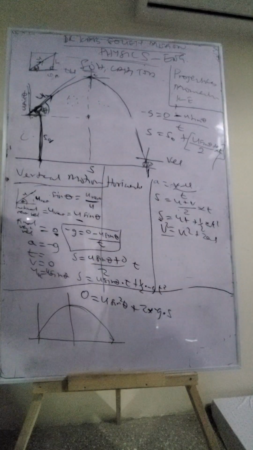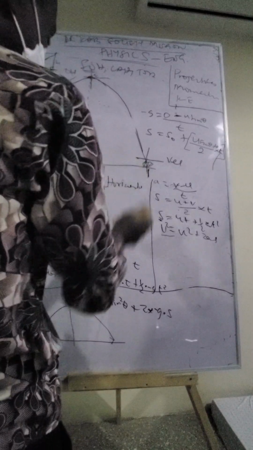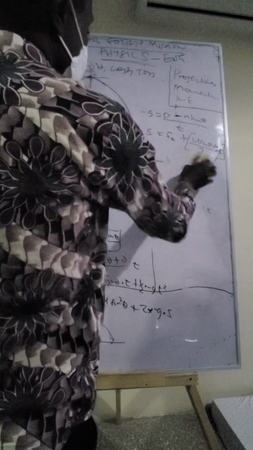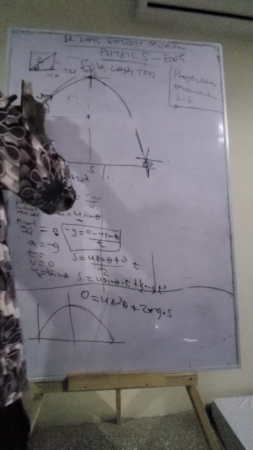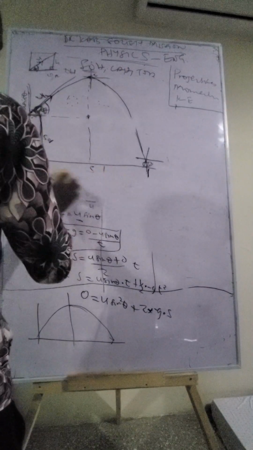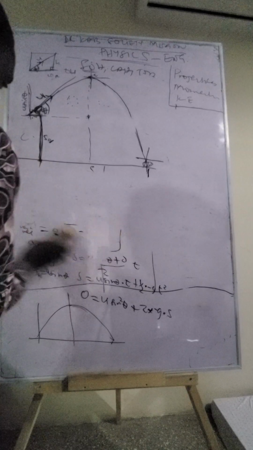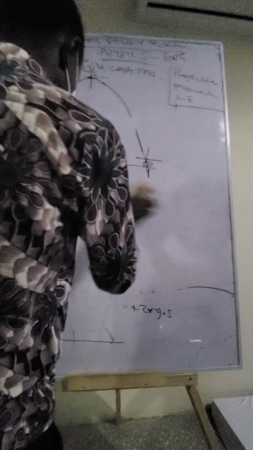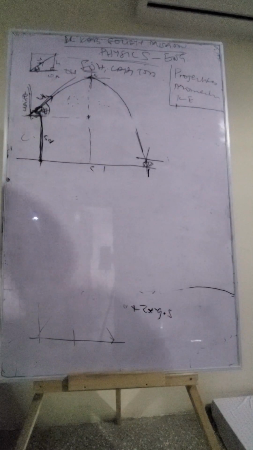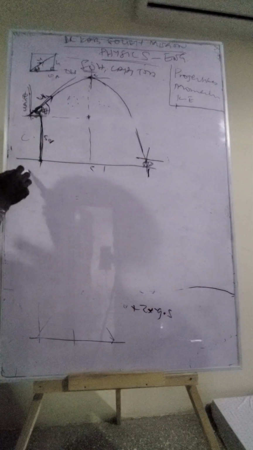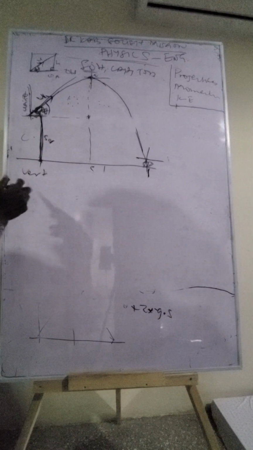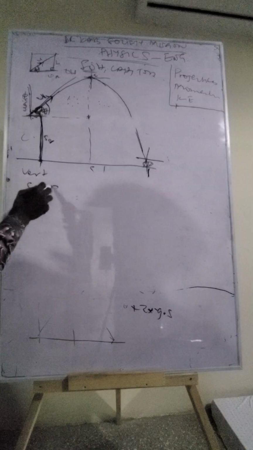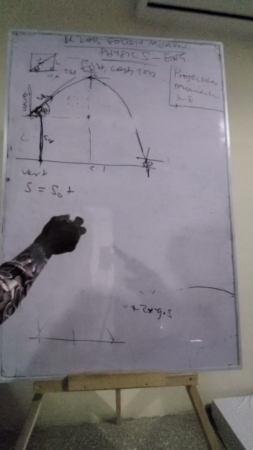But let's see something. If you want to get to the end of this point, then you have to modify the equations. You should know what you are dealing with. So all the four equations, you can try to get them for projectiles by looking at it initially from up to this point. It gives you an idea. So let's see up to the end of this one, the vertical. In terms of vertical, we are going to have distance equal to S0 plus